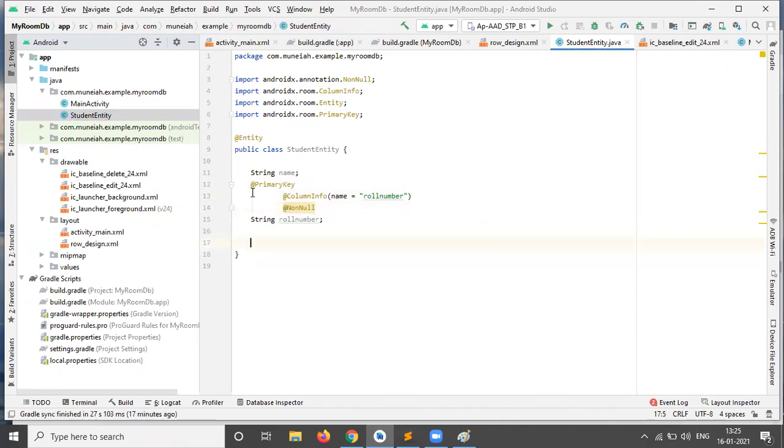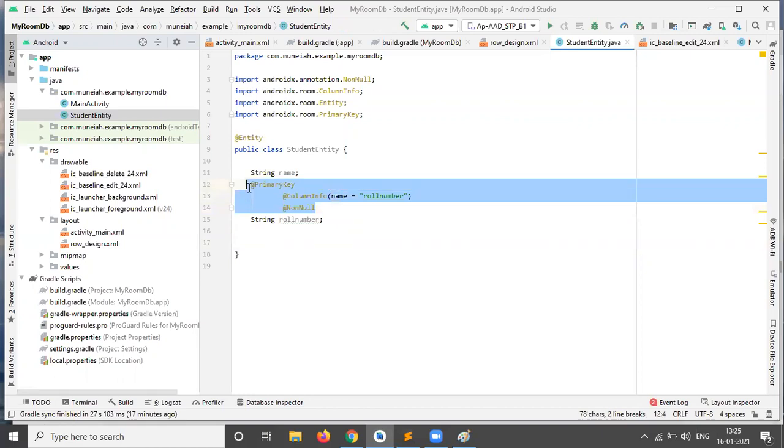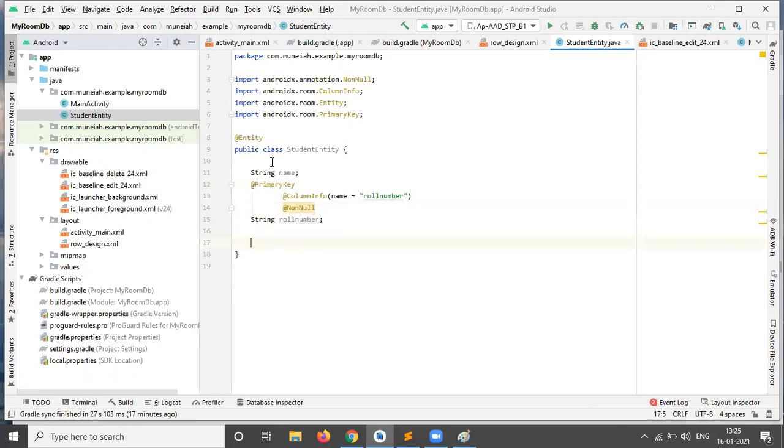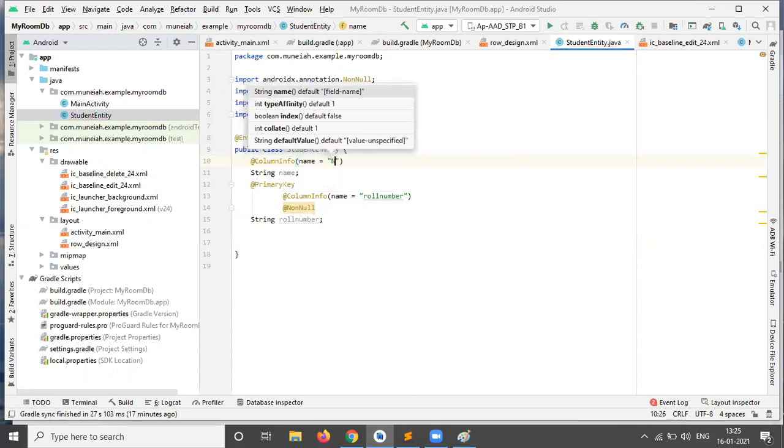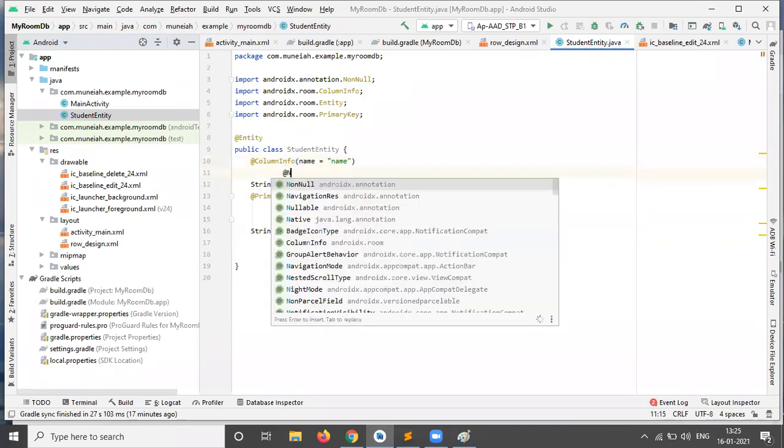Those three annotations I added here. Then in the string name also, you can call ColumnInfo with name as name, and also you can add NonNull.